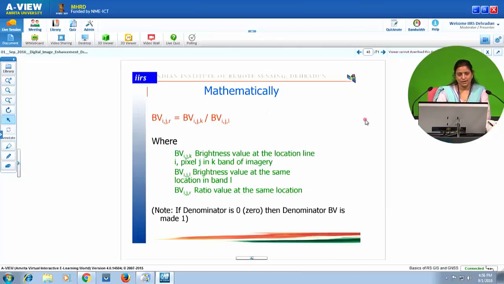Mathematically, we can say BVijR, where R is the new ratio band, is equal to BVijk divided by BVijl. That means the pixel value of a certain pixel in a particular band K divided by band L of the same pixel. If the denominator is 0, then the denominator BV is made 1.